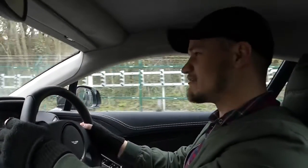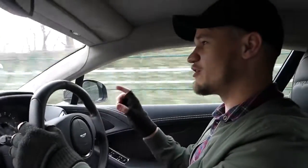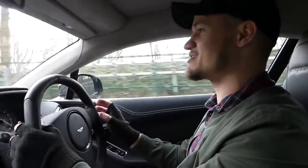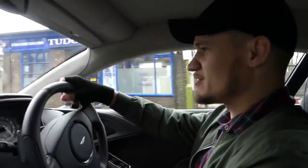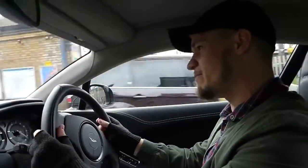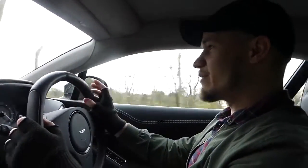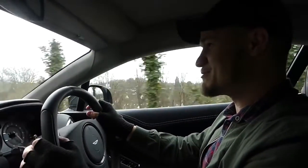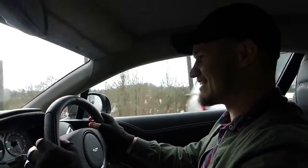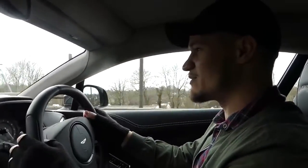And when you've got this car in sport mode, this is where the not so circular steering wheel actually plays to your advantage, because you've got all of these reference points on the steering wheel which you can grip. And I've never driven a car that's got a steering wheel like it, but I actually prefer it to a circular steering wheel, which is just the most bizarre thing ever. I always looked at the Aston Martin Vanquish steering wheel, I was like, what the hell is that? Like, it's exactly the same as the 177, but...